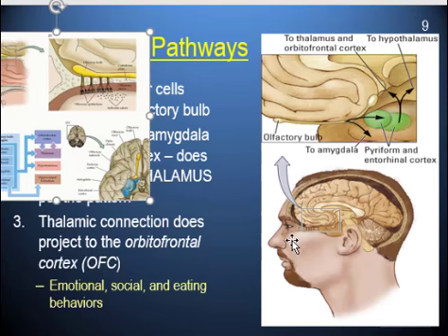So again, stuff came in through the nose, came into the olfactory bulb and got processed. So if you kind of blow it up, here's the olfactory bulb. Some of it went straight to the amygdala, so it didn't even get a chance to go through the thalamus. Other stuff came in and did eventually go to the thalamus before then going towards the orbitofrontal cortex.